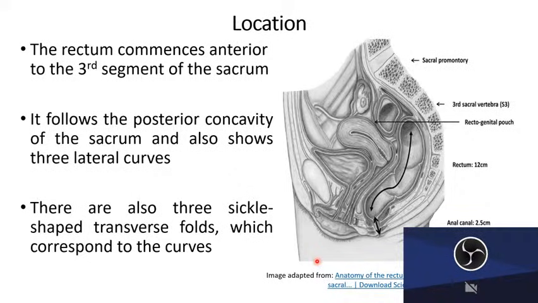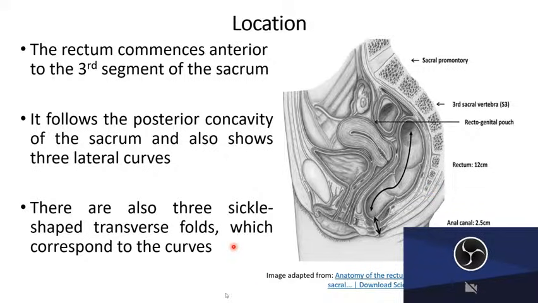That is rectus, straight. You can appreciate that in monkeys, they have a straight rectum, but that's not the case in humans, as you can see. We said first it follows the posterior concavity of the sacrum, and as seen from the external view, we